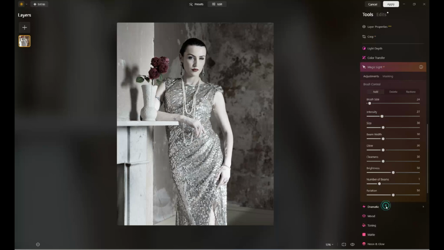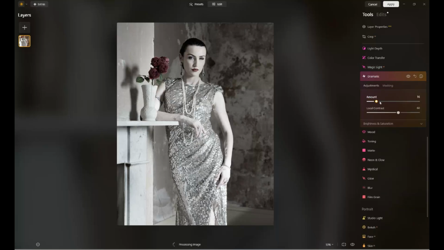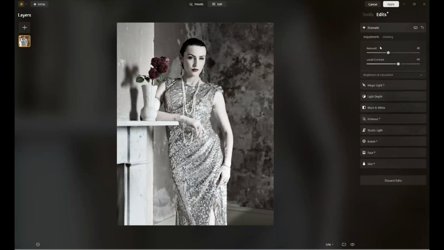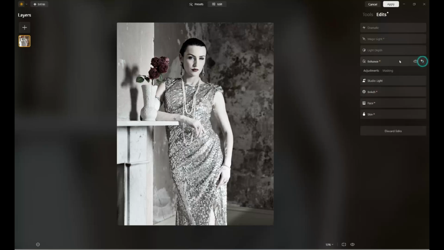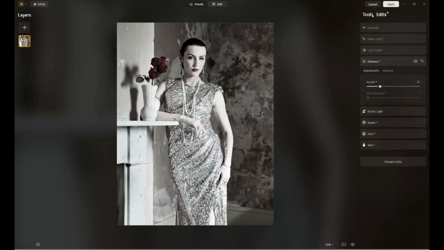Absolutely cool. Dramatic, love this, just adds this drama and mood to your images. I'm just going to go back in and get rid of the black and white. So if you ever want to edit your images, you can just go into the edit panel